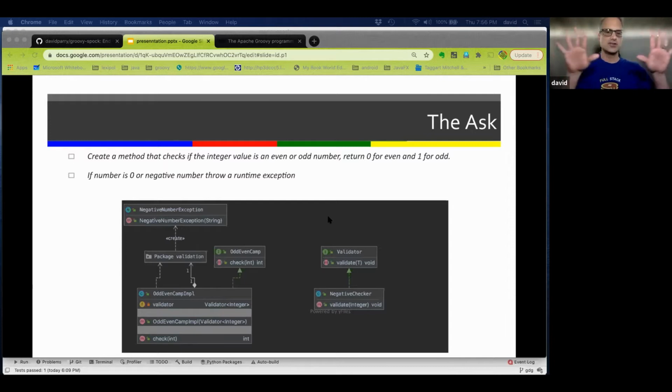So as you can see, the separation of concerns and work you want to do. The odd even camp impl, that's our implementation. So we're going to implement it to take in an integer and actually do the check and return back the positive or negative. The validator is already there for us, and we have a unit test on that.